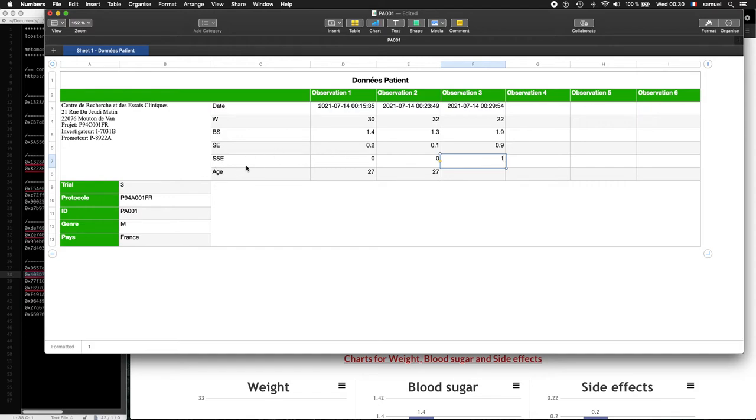There are only two possibilities for serious side effects: 0, meaning that there are no side effects, or 1 for serious side effects, if we have observed some serious side effects. For the age, we put the same, and we need to import it as an XLSX file.